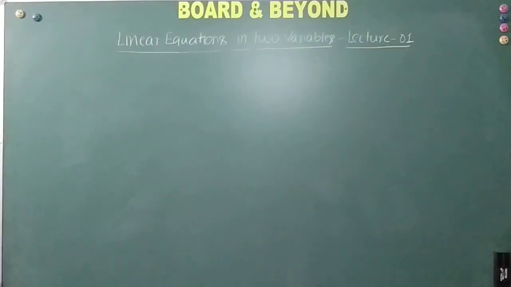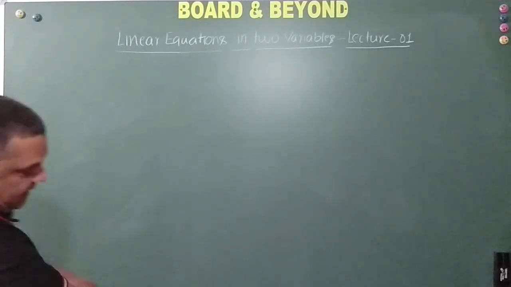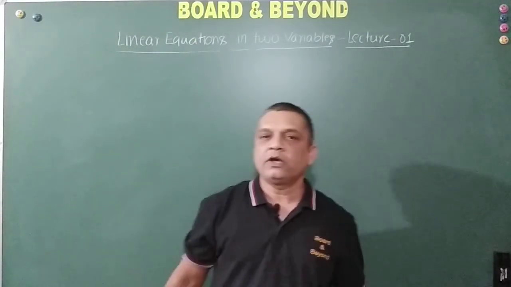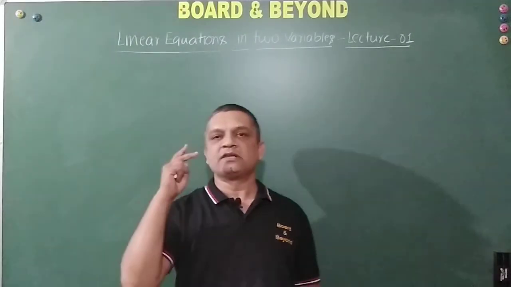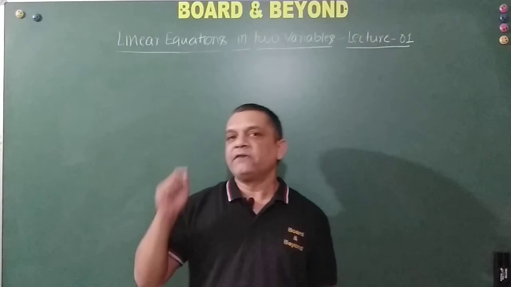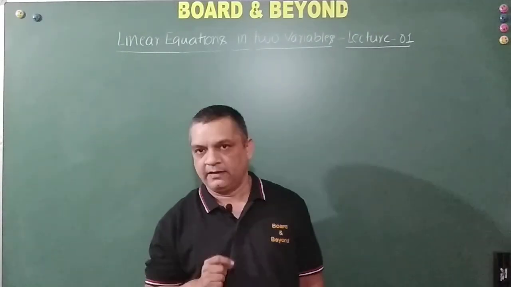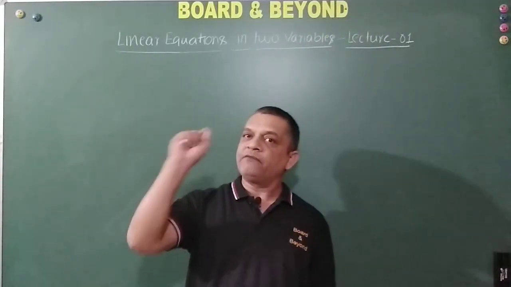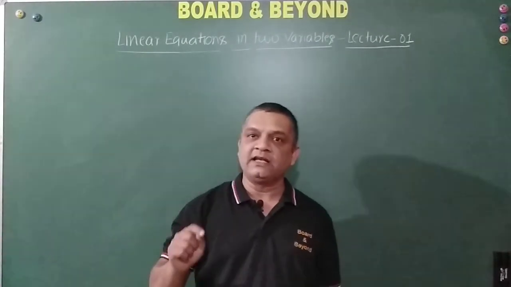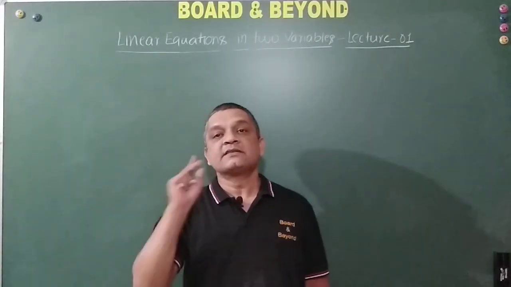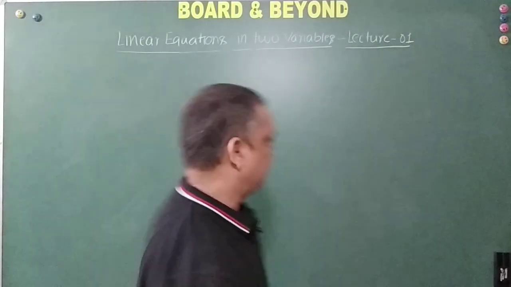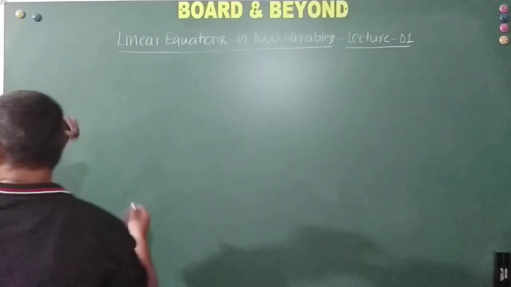Okay friends, so simultaneous linear equations. What do we mean by simultaneous linear equations? Whenever there are two linear equations, or a system of linear equations, is given to us, if we find out the values of x and y, and the values of x and y satisfy both the equations simultaneously, then it is said to be a simultaneous linear equation. Right? So we will see this with an example here.